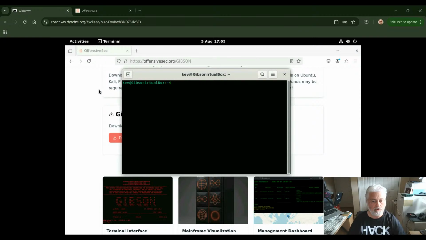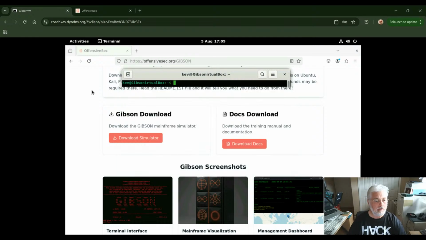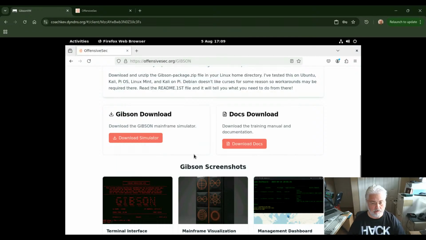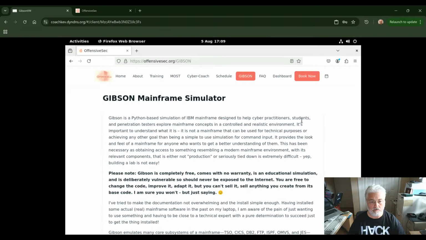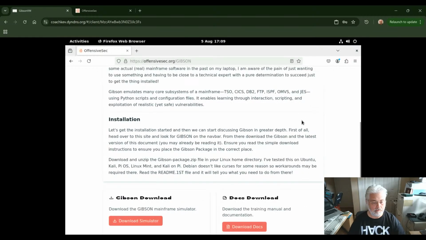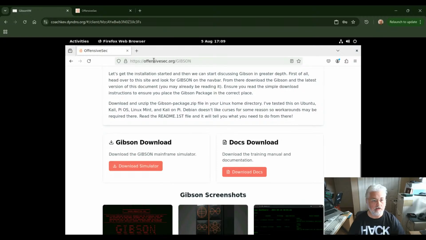So I've logged into my virtual machine. It should be called Kevin Virtual Gibson VirtualBox. I seem to have missed the V out somehow, but then what you need to do is go to the place where you are going to download the Gibson Mainframe Simulator software. So that is